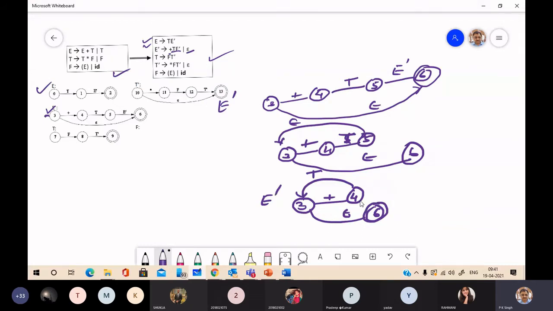Now see here, E to T E dash, this very production. This is the transition diagram.